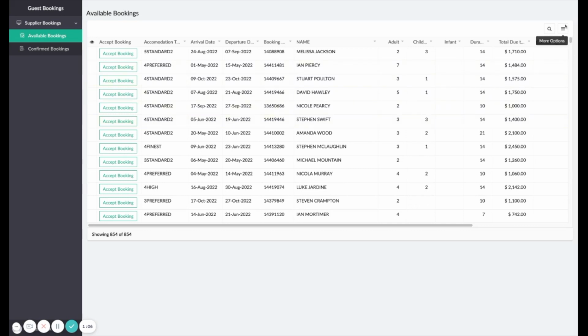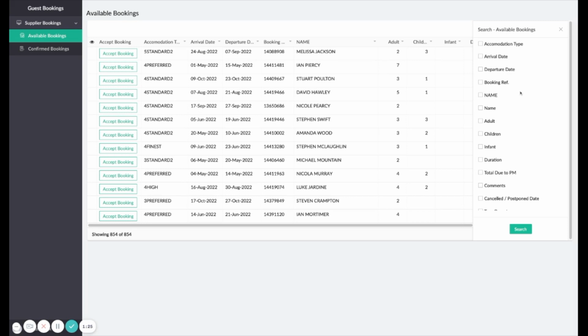There are 3 icons which allow you to navigate through the system: the magnifying glass, the eye, and the 3 horizontal lines. Once you are comfortable with the system, you can toggle between icons to customize the available bookings to create a refined search. The magnifying glass is the primary search tool for sorting the bookings to be shown on